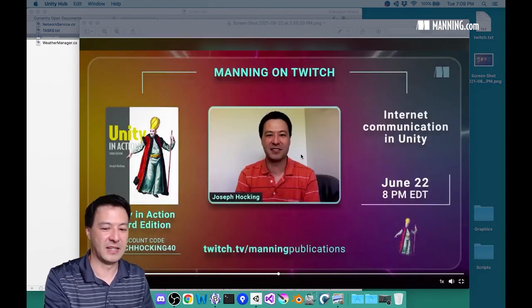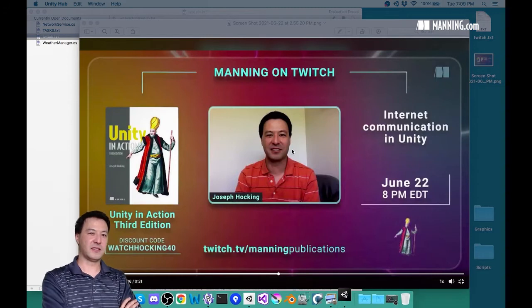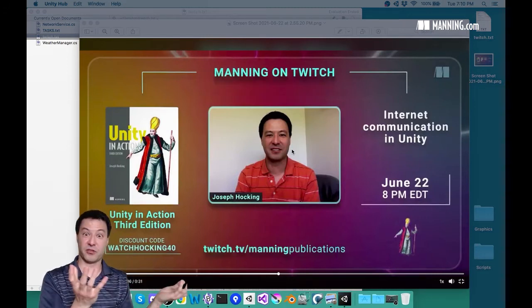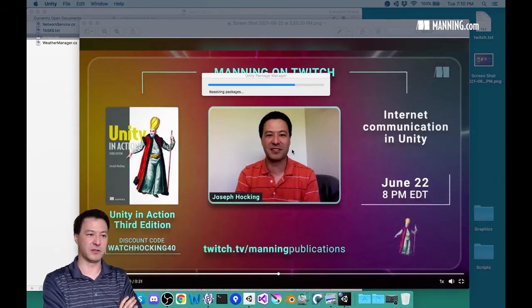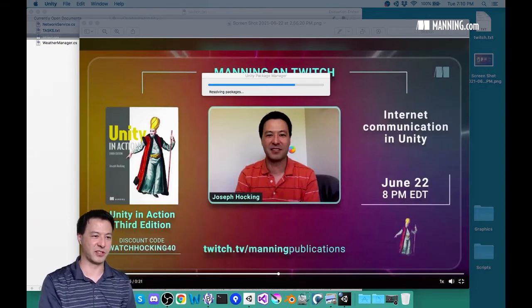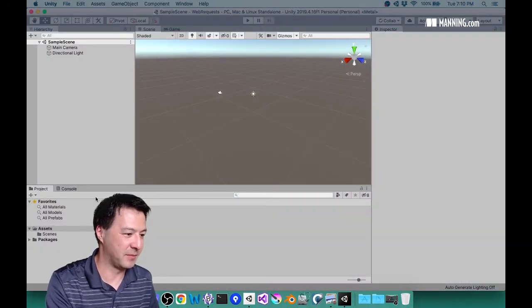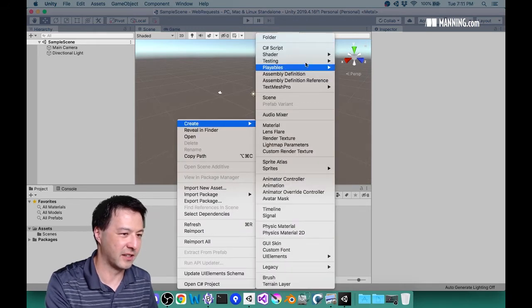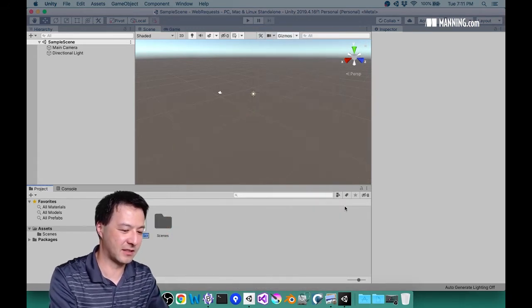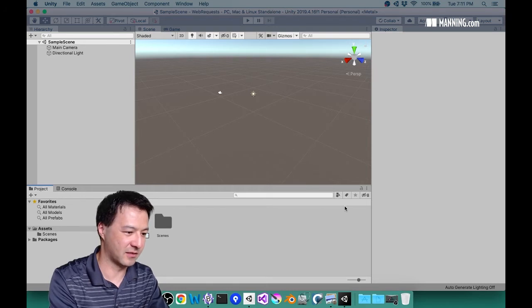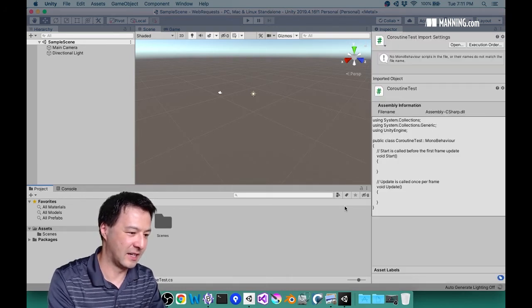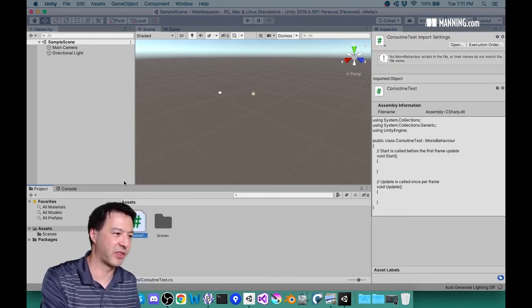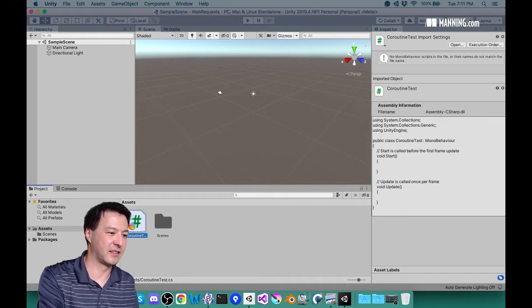That's fine. And so now that I've hit the create project button, I'll just wait for Unity to do its thing before a project appears. Here's Unity. I'm just going to create a new script here. I'll just call this coroutine test, just sort of as an initial thing, and let me double click it